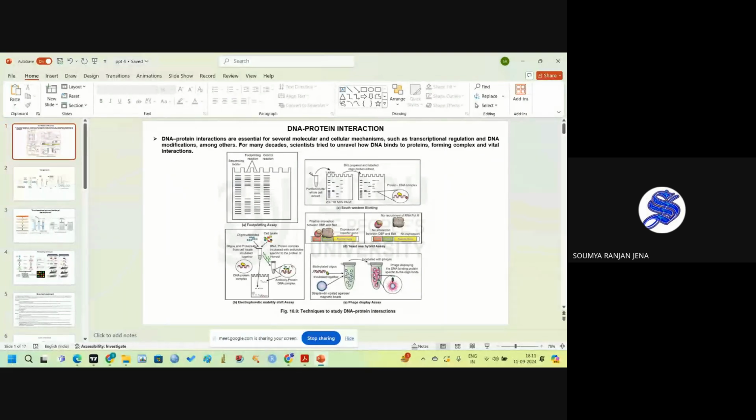These protein molecules bind to the DNA molecules, and it will shift with molecular weight, because the molecular weight will change during the binding process. Suppose DNA is 1 kilobase pair and protein is 2 kilobase pair. This is 3 kilobase pair. But after the addition of one primary antibody, it will shift the molecular weight, and it will give rise to the